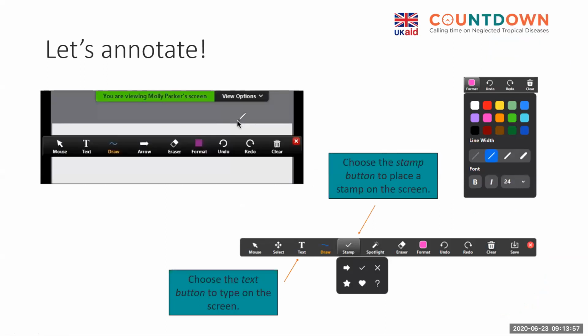So we're going to do a little annotation. If you were with us last time, we had this slide up and you'll recognize it. This is just kind of to teach you where the annotation feature is. You'll see view options at the top of your screen, and you'll be able to click annotation. So using that on the next slide,